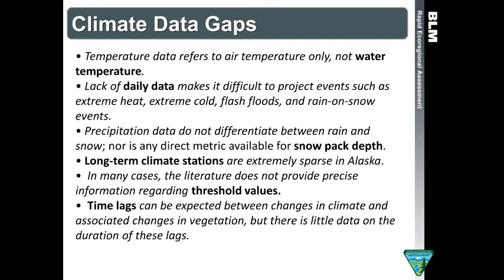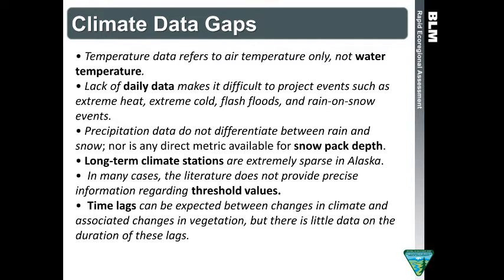And this is something that's going to be touched upon later by Tracy and others talking about links between climate and conservation elements. But we dug deep in the literature. We harassed people for their primary research. We dug as deep as we could, but the literature just does not always exist to provide the connection between threshold values and what happens to conservation elements. So you can say, we're pretty confident it's getting 4 degrees warmer in January, but what does 4 degrees warmer in January mean for species X? If it's not there in the literature, it's hard to make that connection. So we tried to find those connections as much as we could, but that's certainly a data gap.